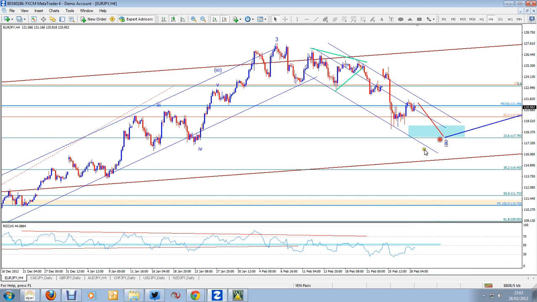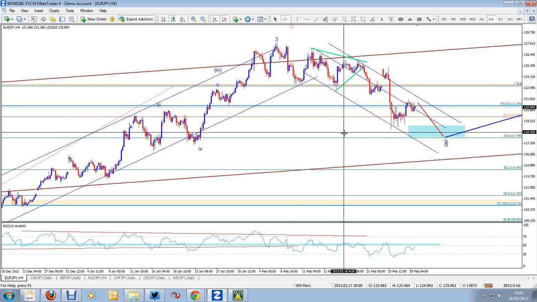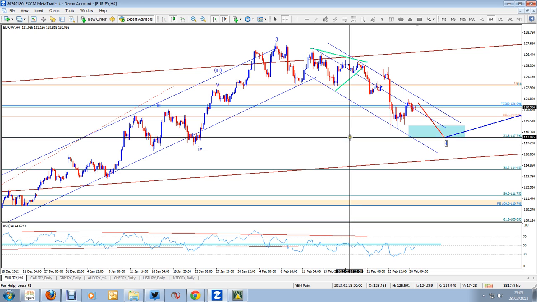So once we get that last leg down, then the euro yen will have bottomed, and again in the same way the Fibonacci retracement of 23% will bring the euro yen pair to probably in the area 118. But if you get any deeper retracement, then we might be coming down lower. So I'm looking for around 118 to 117 as a possible area for potential interim bottom,